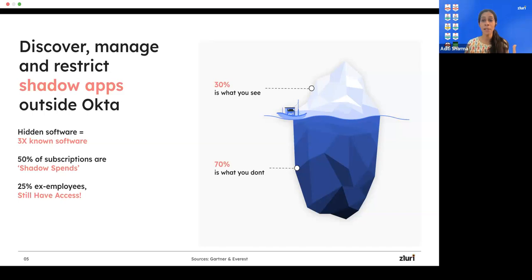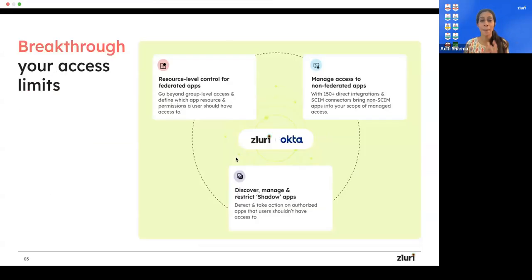So again, through Zluri plus Okta, you can get complete visibility and manage access for all the applications within your organization, whether it is behind the Okta SSO or not. So now, just wrapping up all the different use cases that I walked you through. We discussed today how, through the powerful combination of Zluri and Okta, you can get full control over resource level access management. So you can provision access at the project level, you can provision access to different permissions, code repositories, etc., all through Zluri, and not just at the application level.